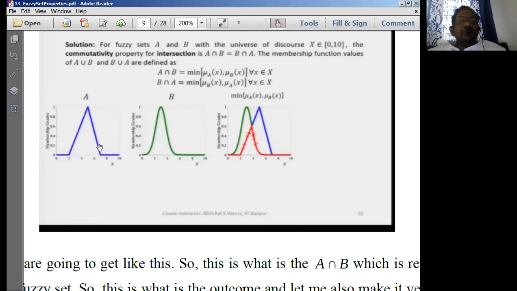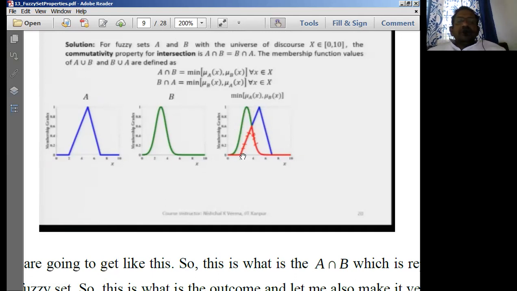Now when you have an intersection of these two, what is the minimum of these two? See, it is starting early, it is starting late. So minimum is going to be 0. A is 0. That means obviously A is going to be the minimum value. Then B is starting here from the beginning, and somewhere after 2, A is starting. So A is starting like this after 2. This is A actually. This is B actually.